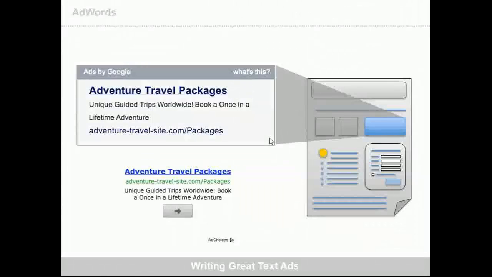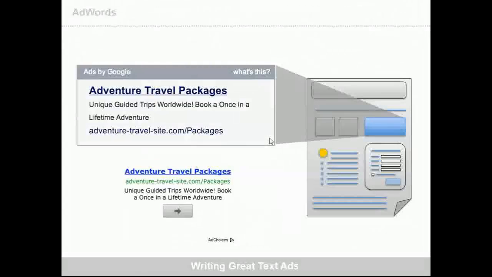This is an example of how a text ad will probably show up on display. I know we don't see a lot of them anymore. We are pretty much moving over entirely to display, but you still have the option of running text ads, and I think you should always have text ads even within your display campaigns, because all publishers do not always accept image ads or video ads across their entire inventory. There are spaces where only text ads can appear.